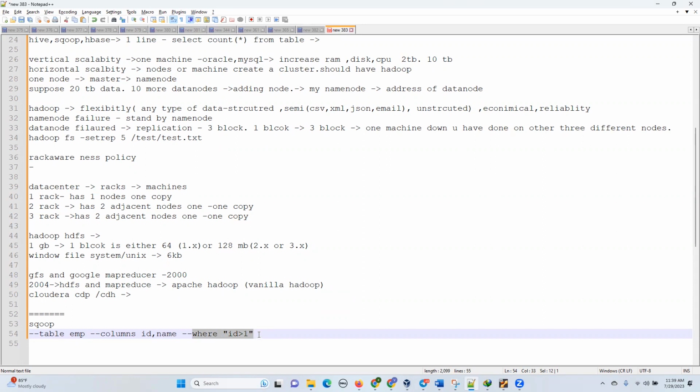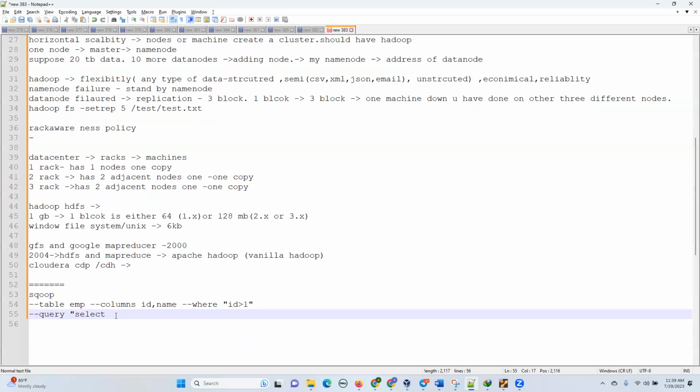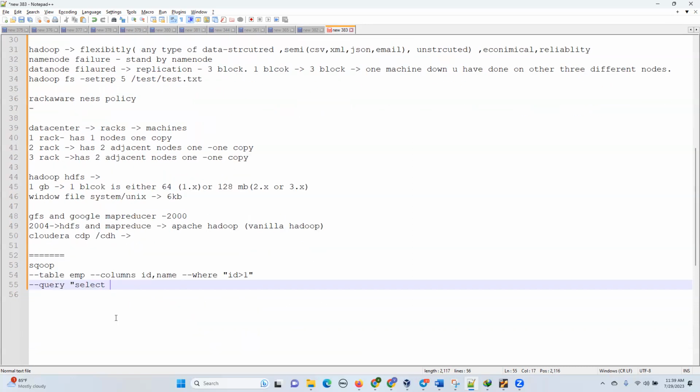So there is one alternate option, rather than giving all these three. They have given the option --query. So query is an option like a free-form query. So you can write your own query, right? Even the join query. Here you are importing the data one table at a time. You cannot do two tables at a time. The only possible way to bring the two tables' data as a single table is when you are using a join